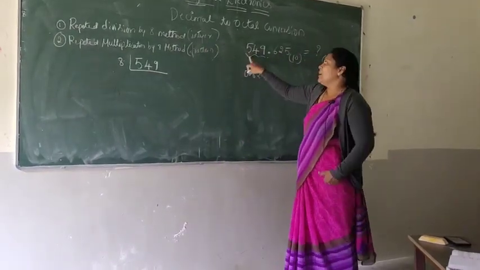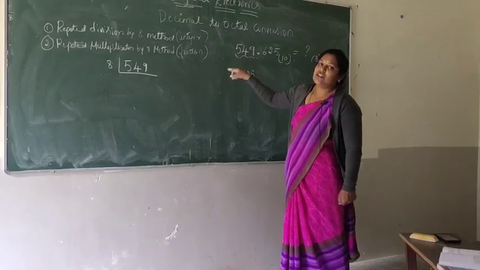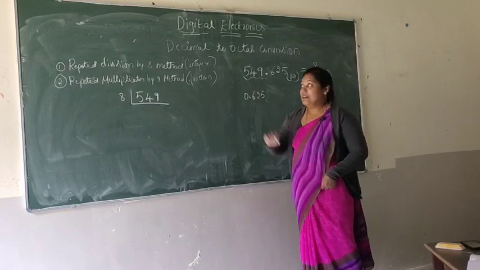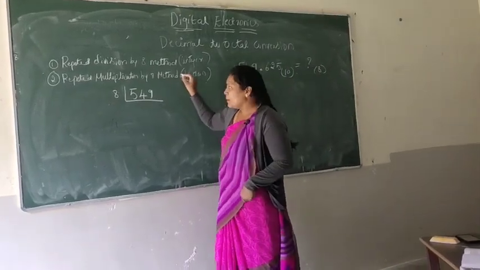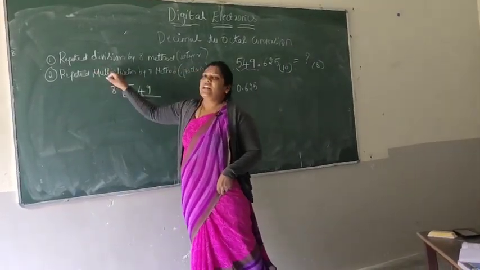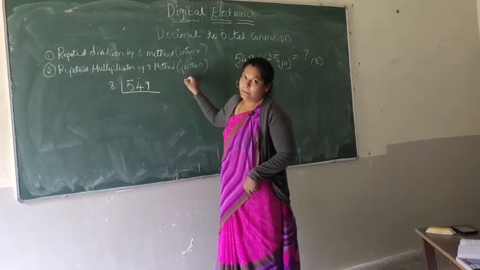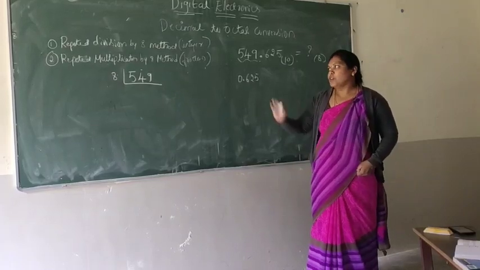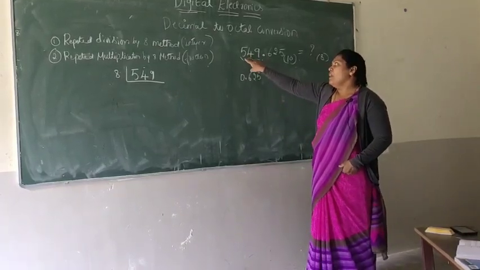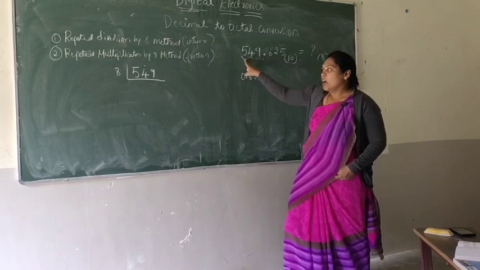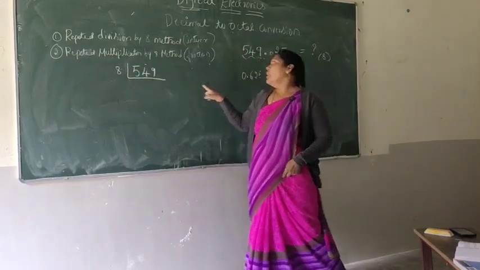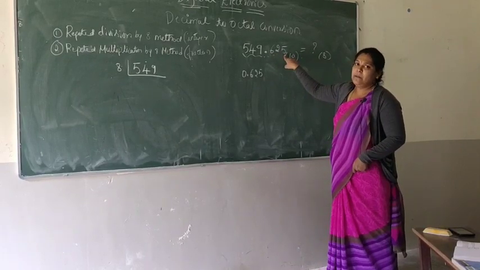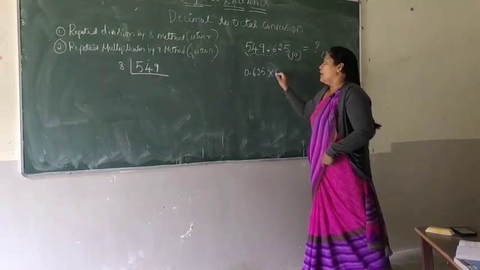In this one the integer part is 549. You have to continuously go on doing the division for the integer part 549. Repeated multiplication will be done for the fraction part, that is, you have to go on multiplying by 8 for the fraction part. So 549 is an integer, where I have done the division steps, and .625 is a fraction part, where you have to do the multiplication.